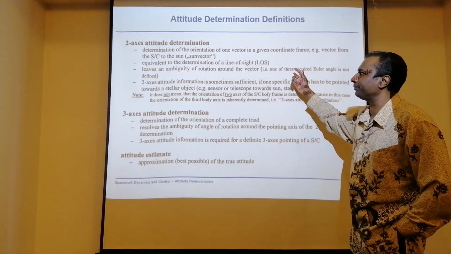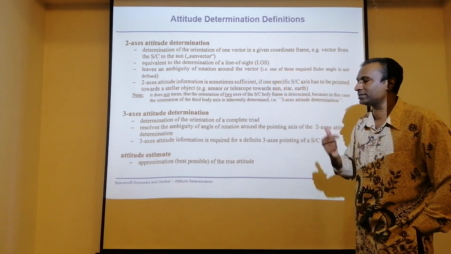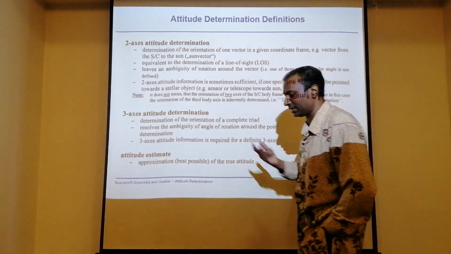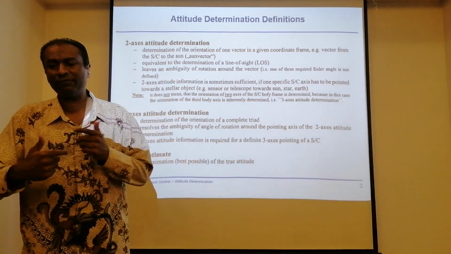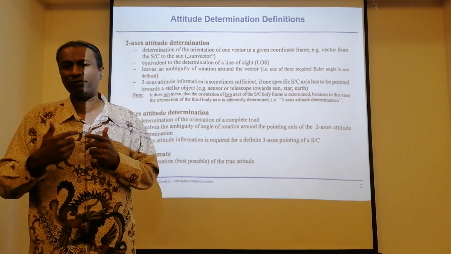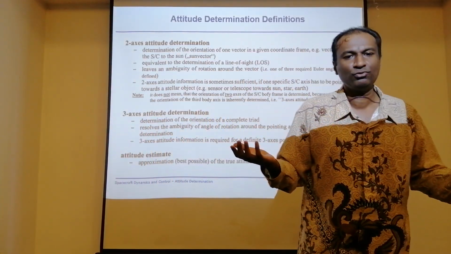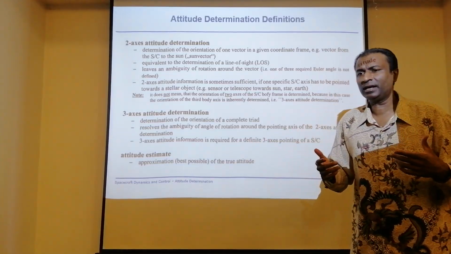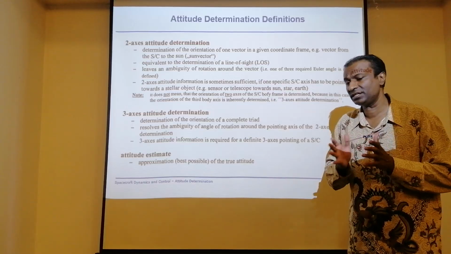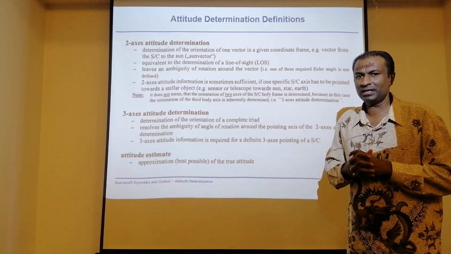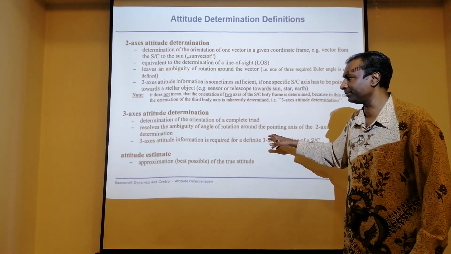But don't forget, we say that yes, we have a sun sensor and we can sense, but unfortunately for the rotation of the z-axis, you can't do much. So what exactly will happen? You may not have a very good sensing. You will never achieve a three-axis sensing. So for three-axis sensing to be achieved, you need